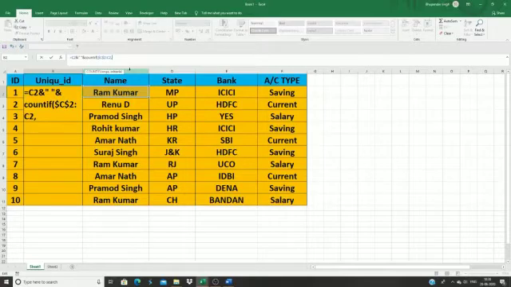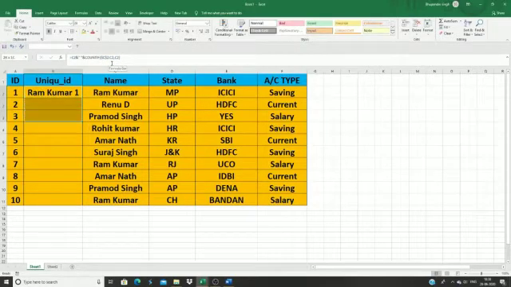Now we have our second parameter, where we need to put the criteria. So which criteria do you want to count? In our example we want to count this Ram Kumar. Press close bracket. The reason for selecting the first C2 cell is that here we create a range. We press enter.